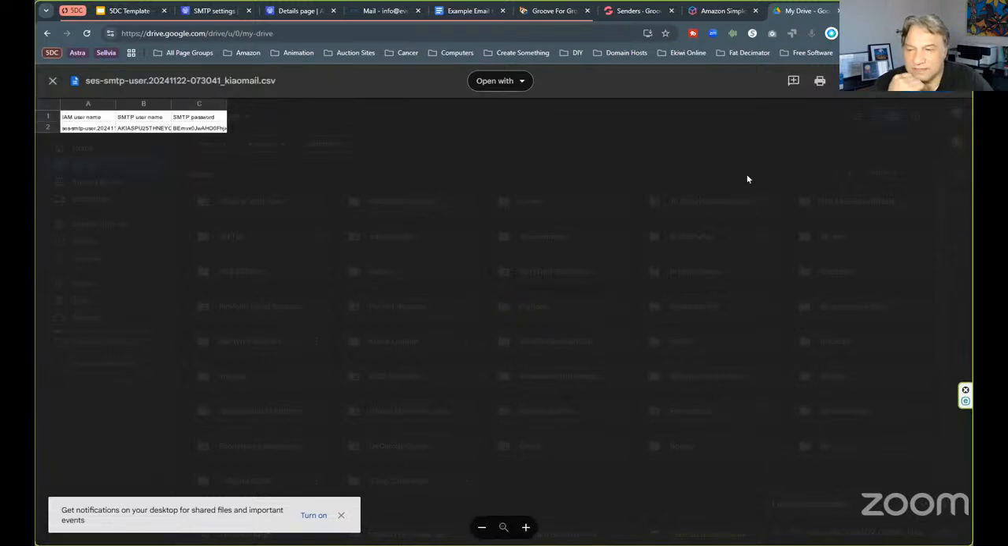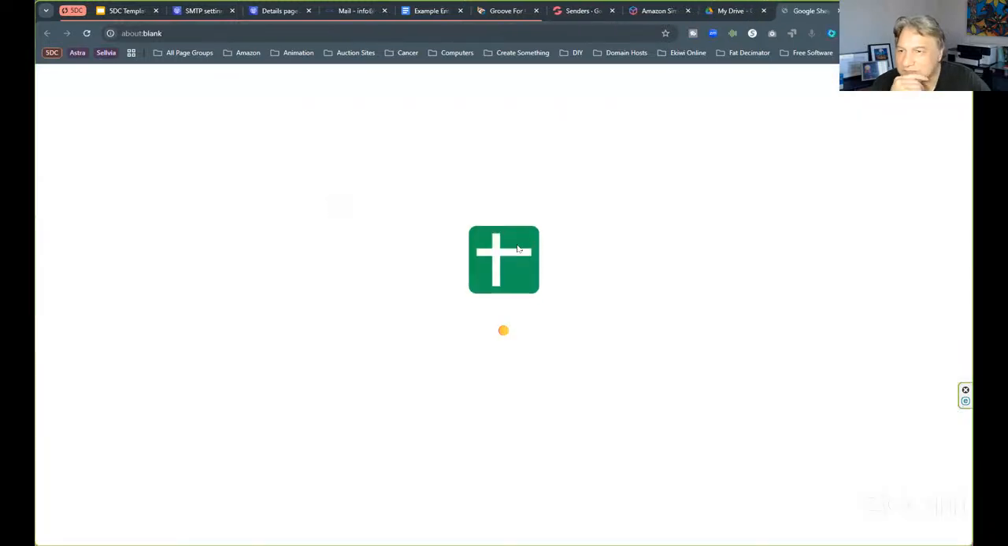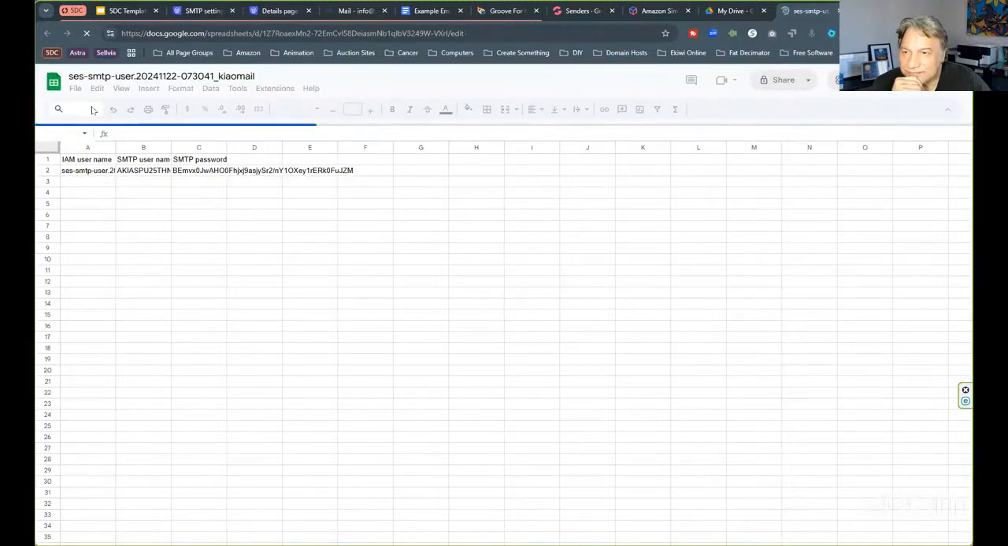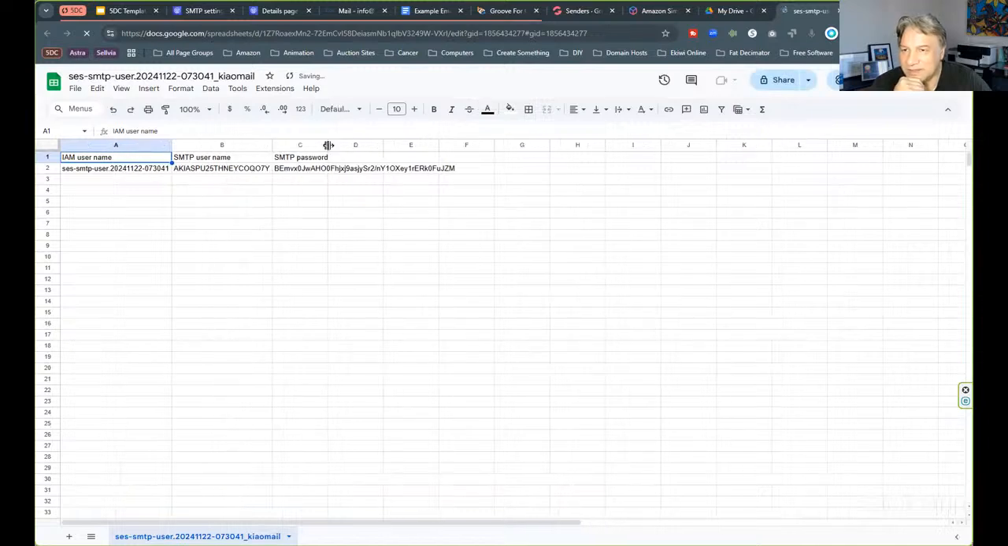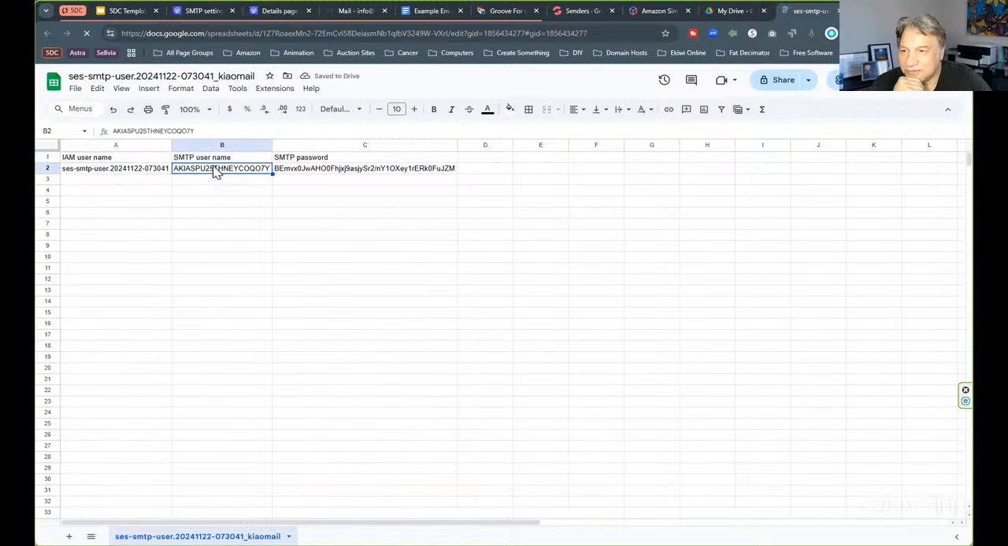All right, so this is the CSV file. I don't know why it's like that, but anyway, open with Google Sheets. This is what you get when you do the SMTP. You get these settings here. I need to grab this one here. We don't need that for anything. We just need this one here and that one there. So I'm just going to copy